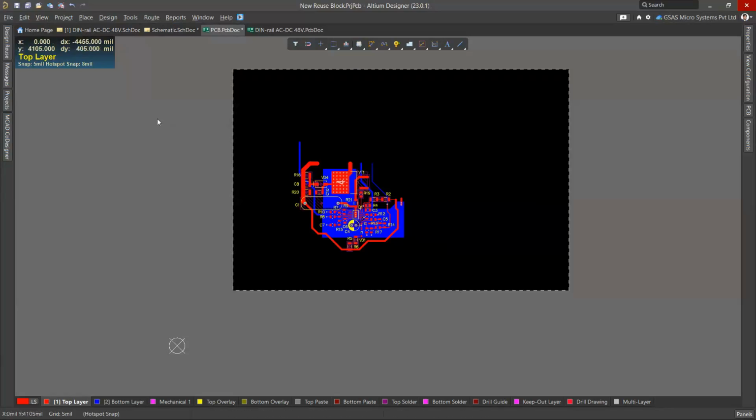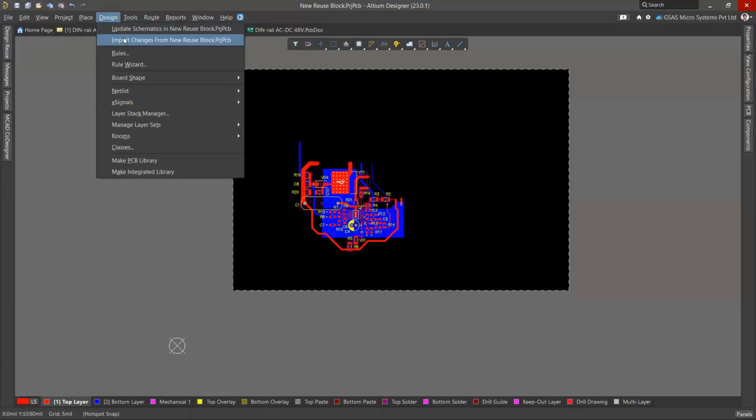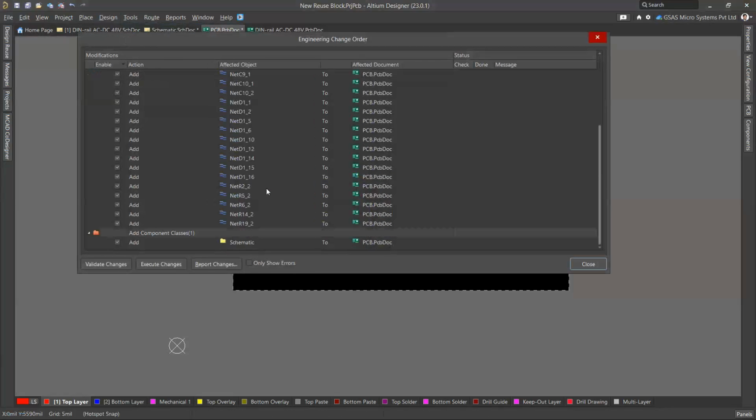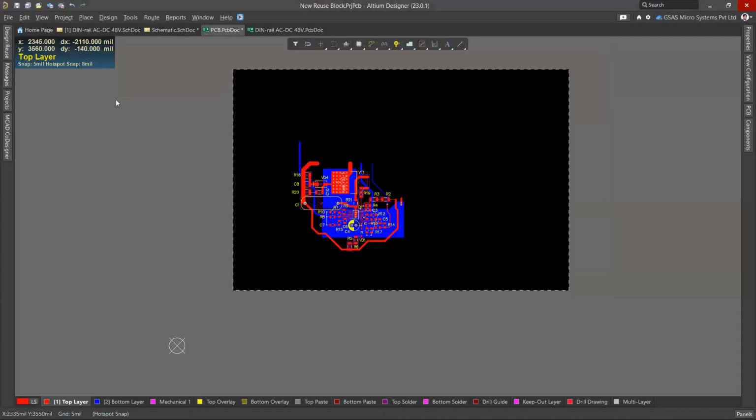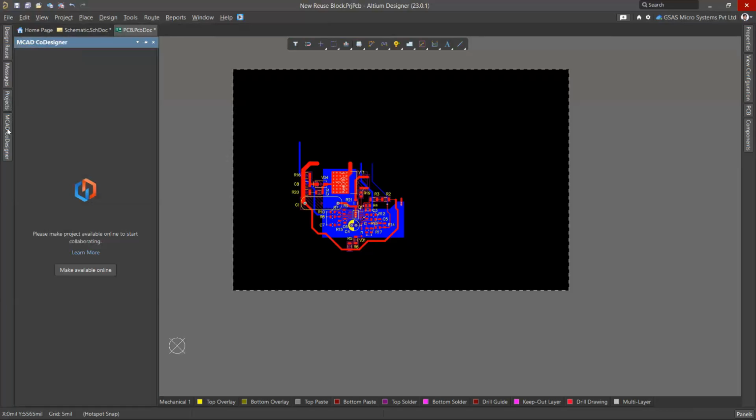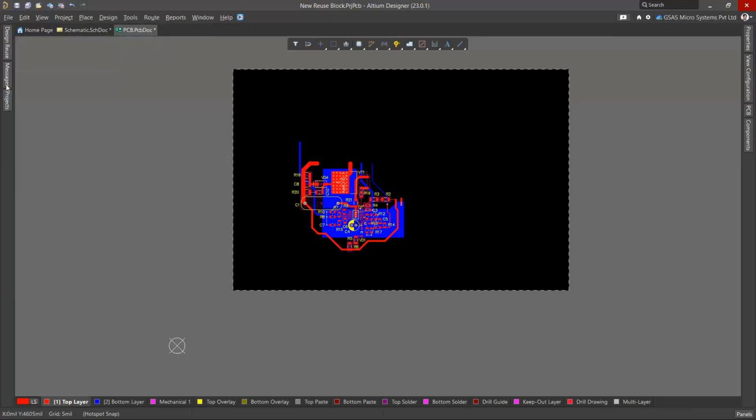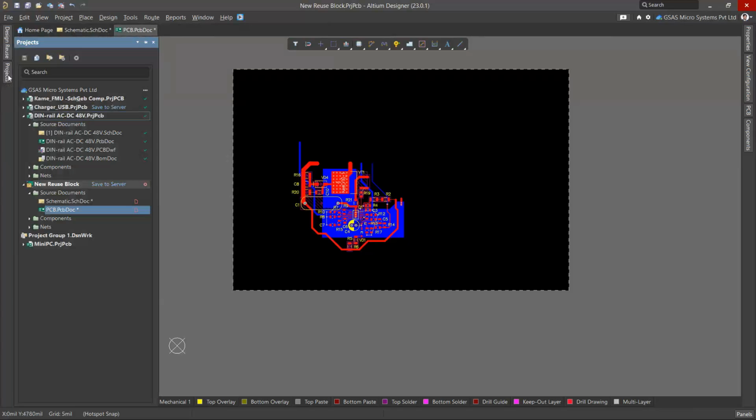Now we need to get the schematic and the PCB synchronized. Now let us use this option to import the connectivity between the schematic and the PCB. Now we have done this job. Let us close this. These two are not required. Now under project, let me close this one also, which is not required. Yes, under project now we need to save this. Let us save this one